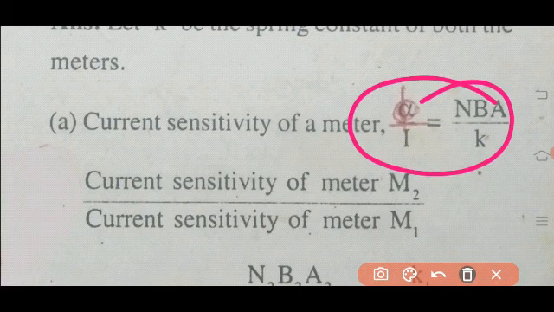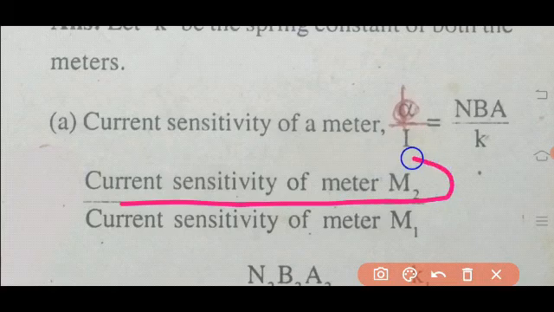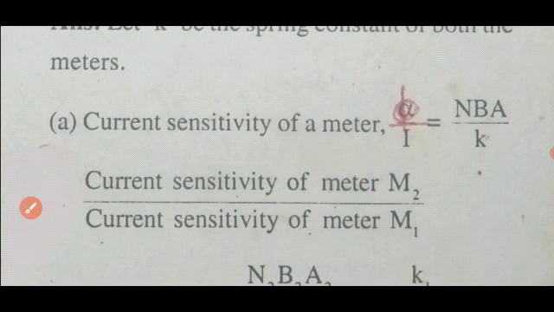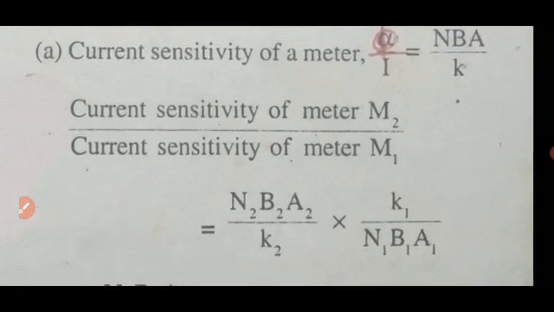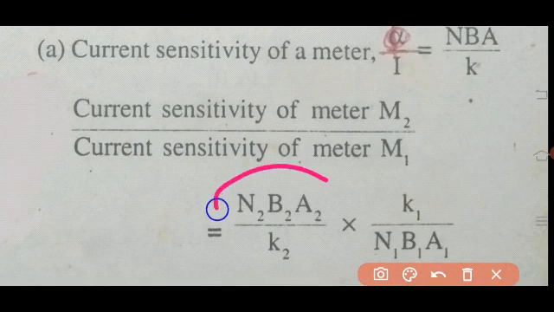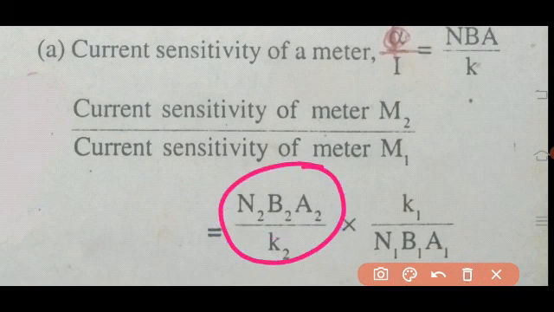K is the constant, the spring constant. So we need to find this ratio, the current sensitivity of meter M2 by the current sensitivity of meter M1. So just divide these two equations. What is the equation for M2? You can write it as N2 B2 A2 by K2. Clear? N2 B2 A2 by K2, the whole divided by